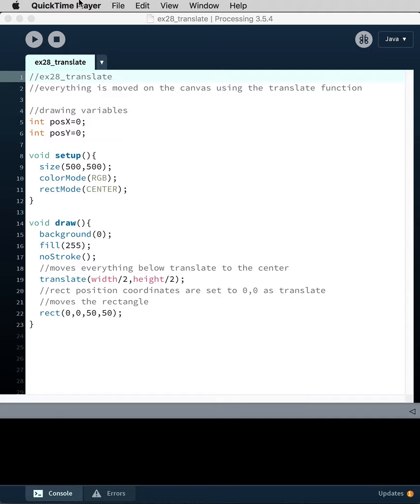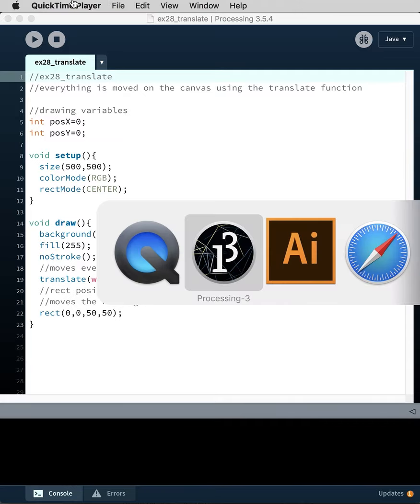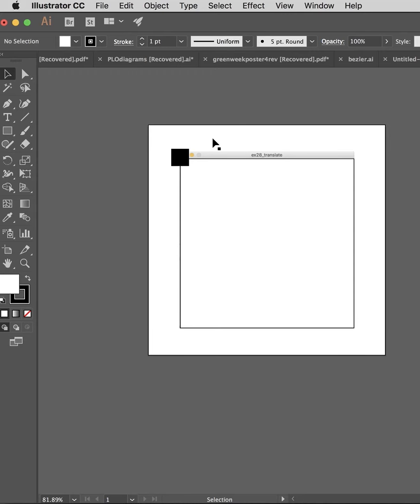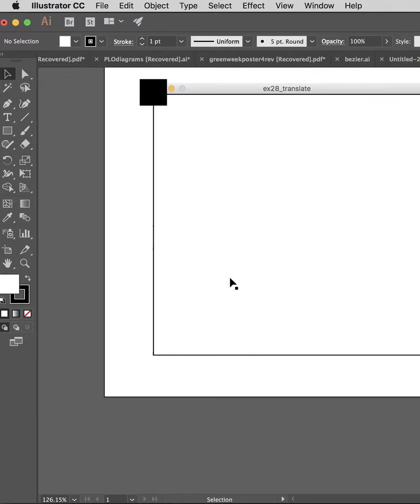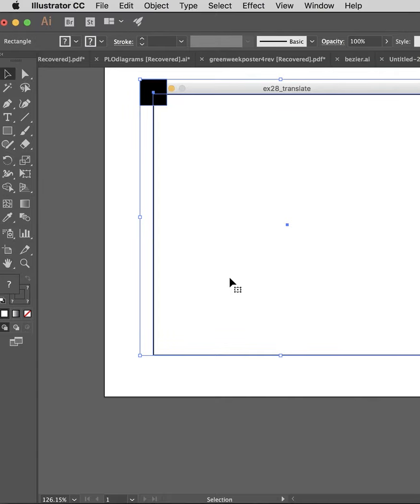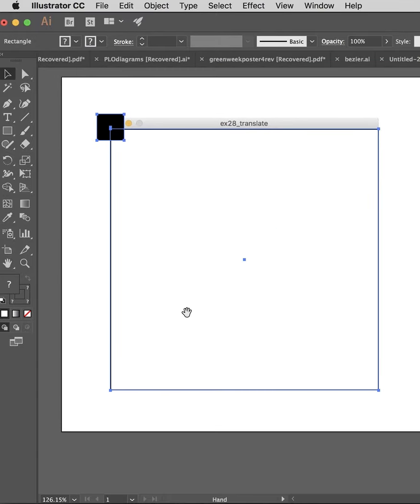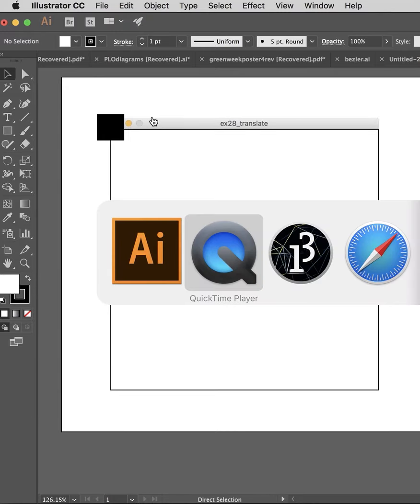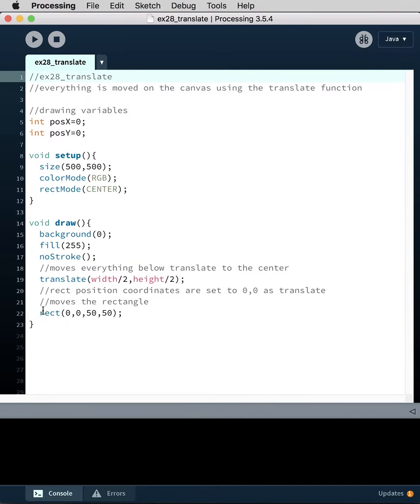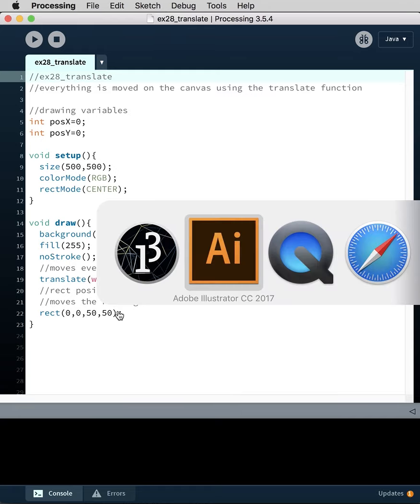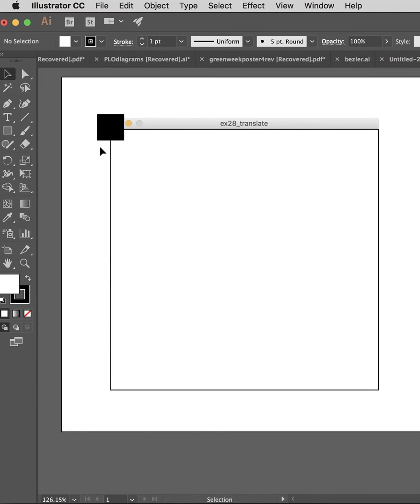So what that means is, if we jump over to Illustrator real briefly, we can see here's the canvas. And if we just drew the rectangle 0, 0, 50, 50, it would draw the rect up in this corner with the center right at the 0, 0 point. But